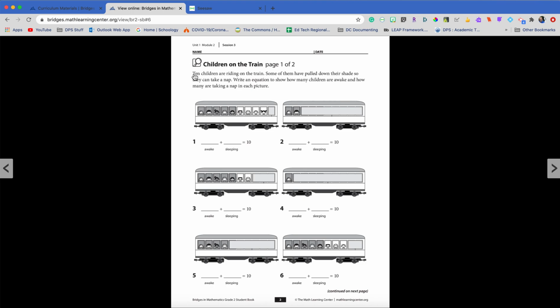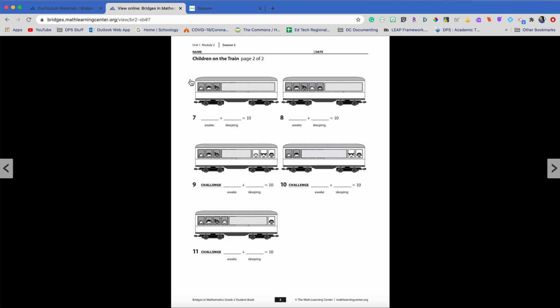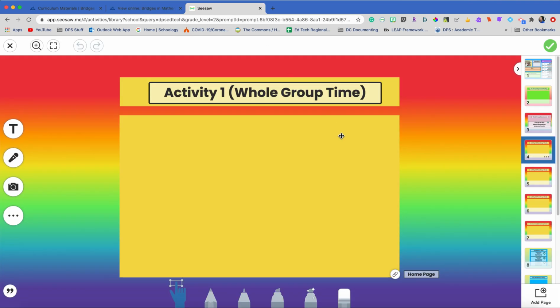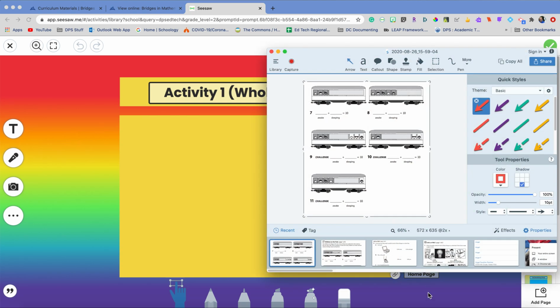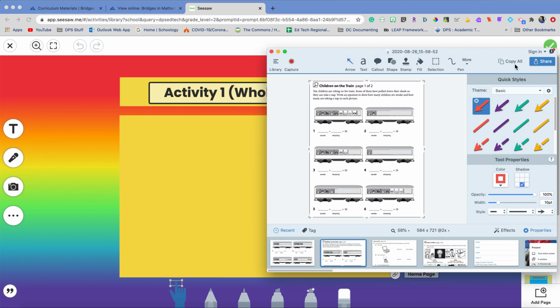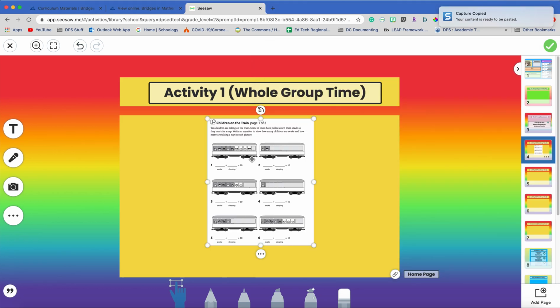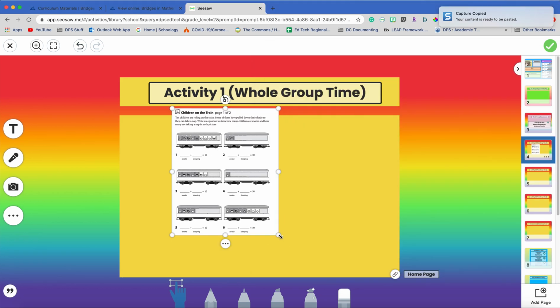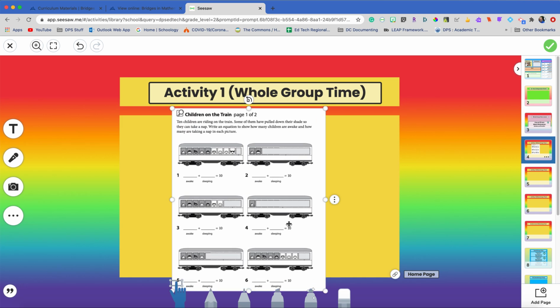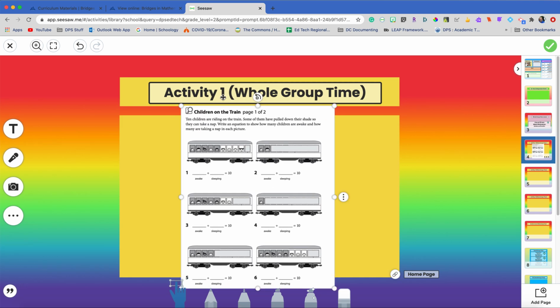So I'm going to take a screenshot of the first page, and then there's actually a second page here. So I'm going to take a screenshot of my second page here as well. And then I'm going to come back to Seesaw and I'm going to paste in my screenshots. So when I open up my screenshot editor here, you can see my copies here. You can use any screenshot, Mac, PC, whatever, it does not matter, but I'm going to open this up here for my students, make it a little bit bigger for them to read,